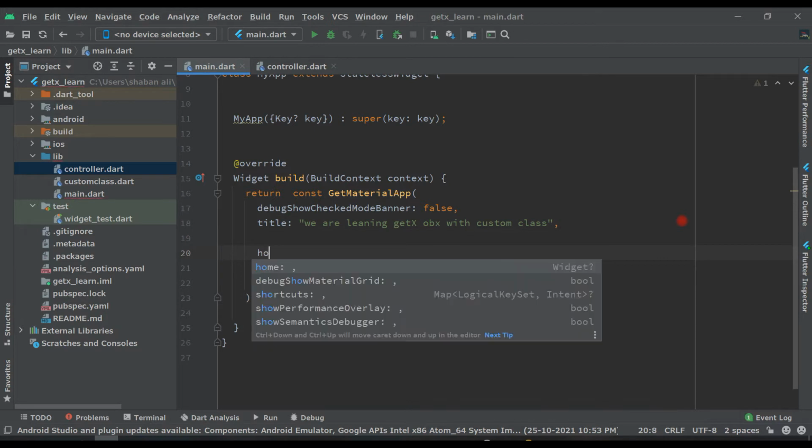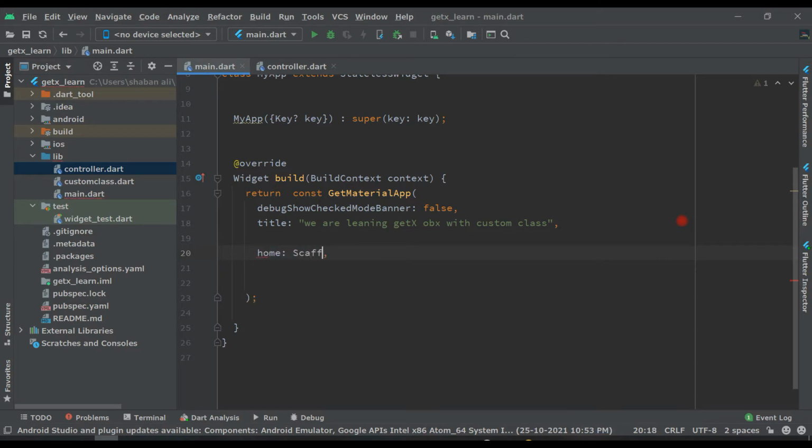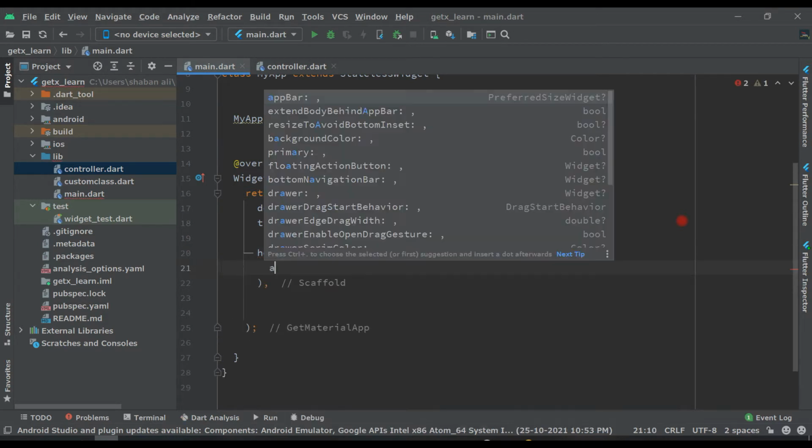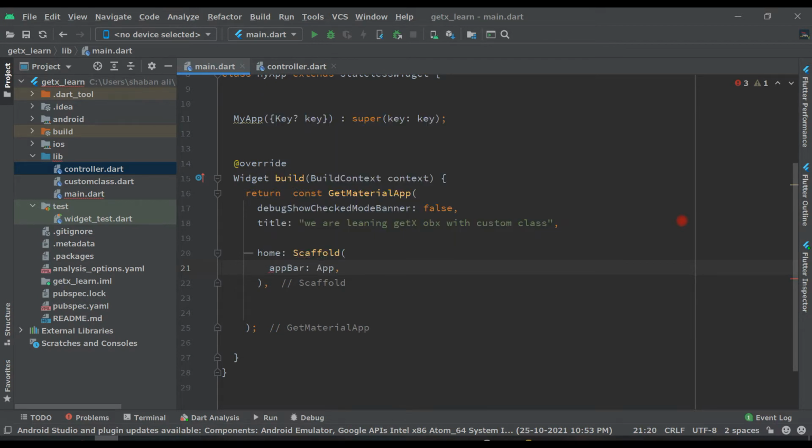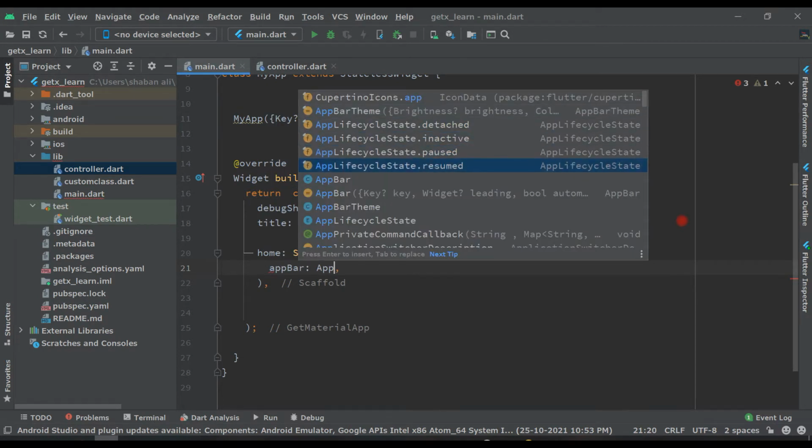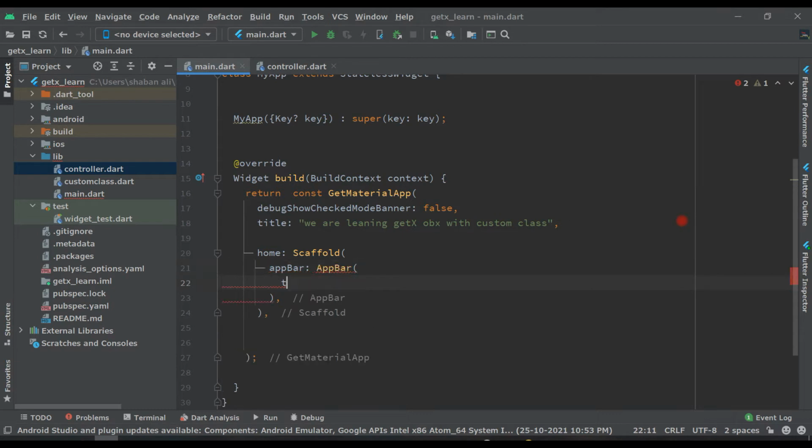Then after this home will be scaffold, and inside is app bar and inside this app bar title text will be controller getx, and it's showing error, remove from here const and put here const.